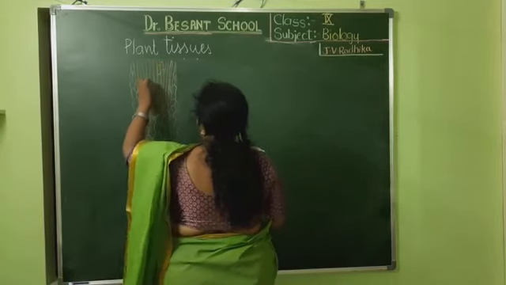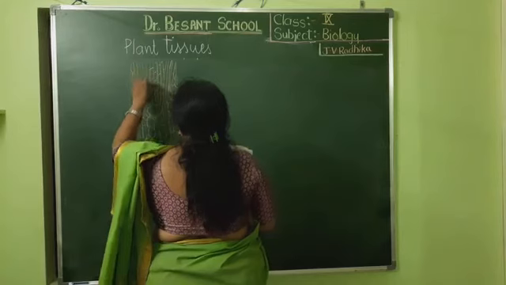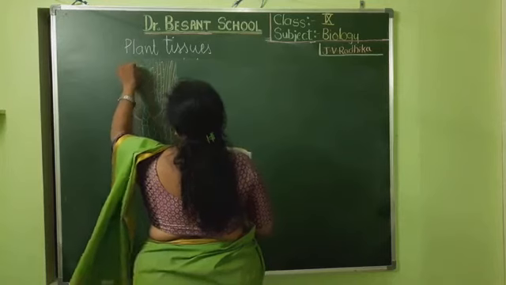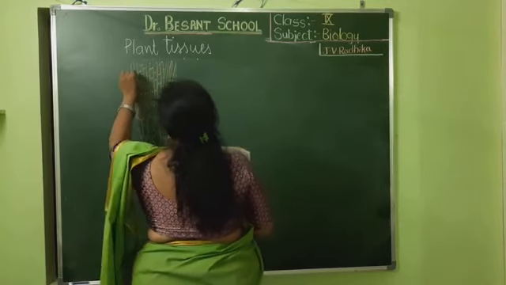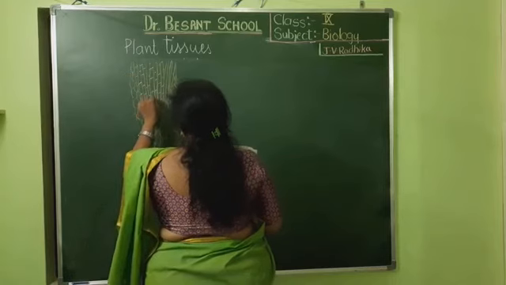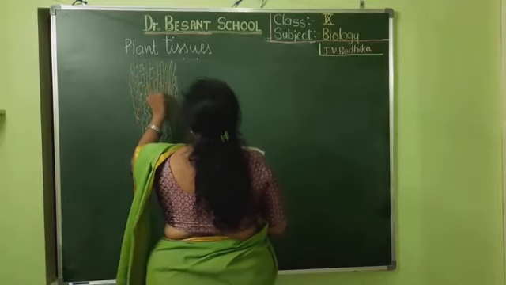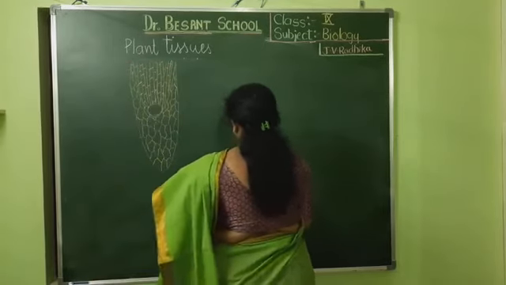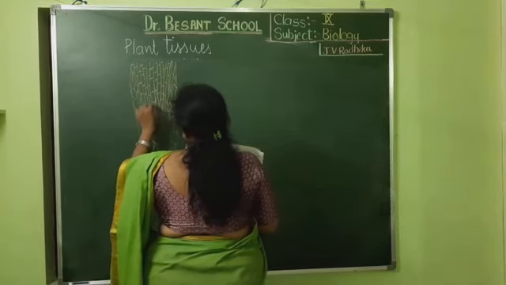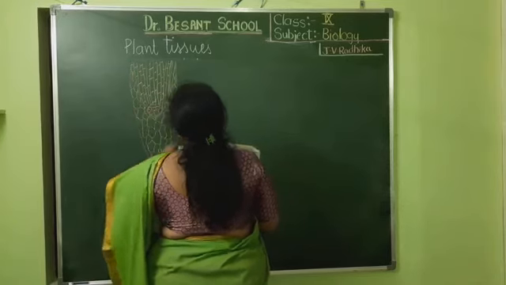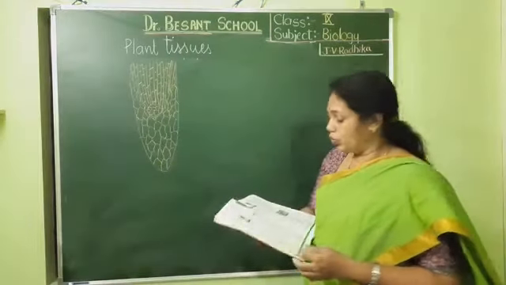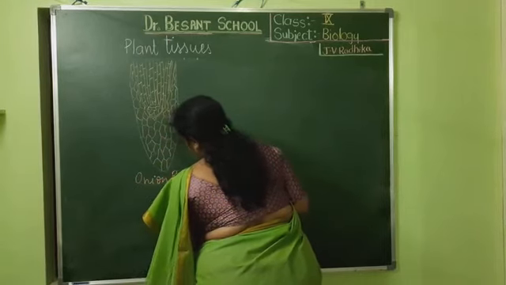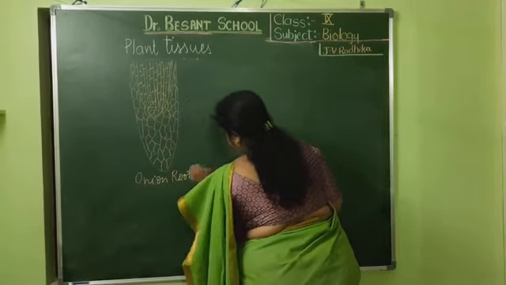Okay, children, like this we can see the cells in the root tip. This is the growing region. They are all very thin walled. They will have a simple thin wall. Most of the place will be occupied by the cytoplasm, and a prominent nucleus can be seen. Why all that? Because they are undergoing cell division. So wherever the division is occurring in that region, we can find the nucleus to be more prominent than the rest of the places, because the nucleus plays an important role. These are the onion root tip. This is how it will appear. So this is our observation.